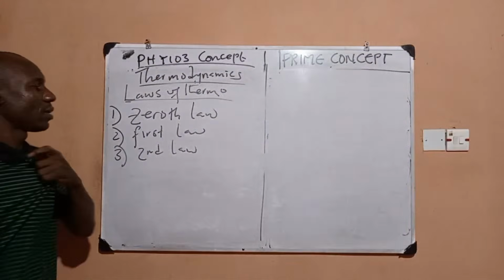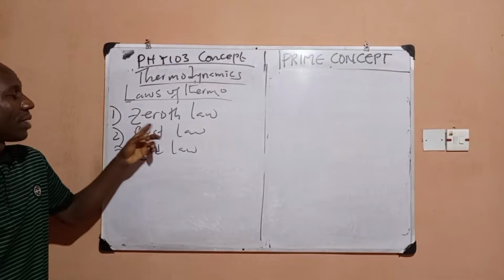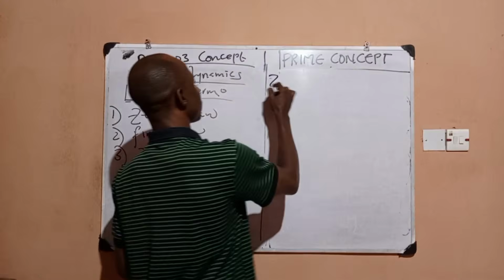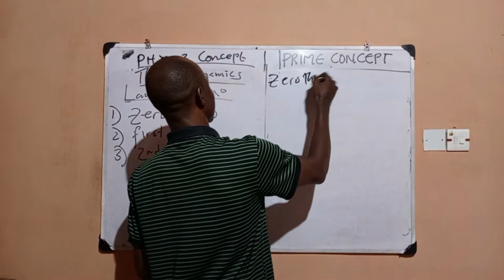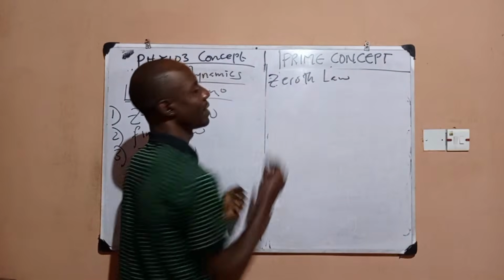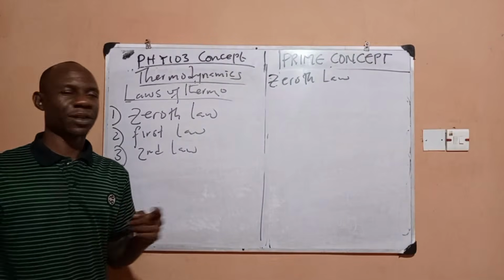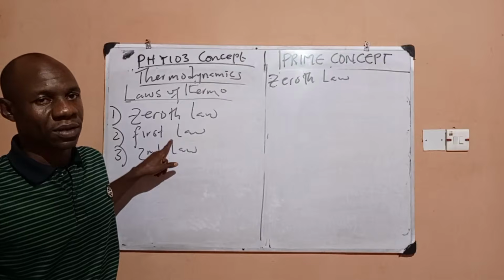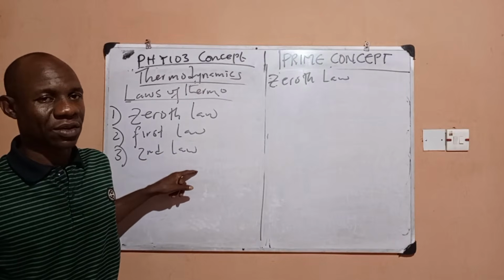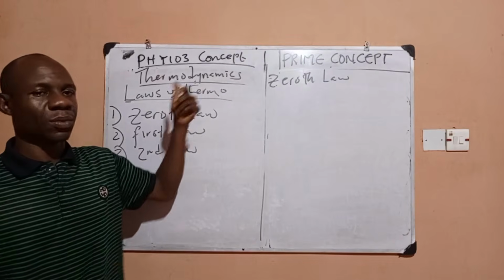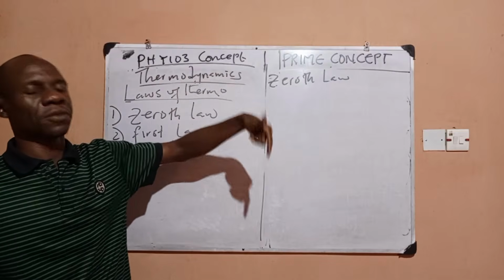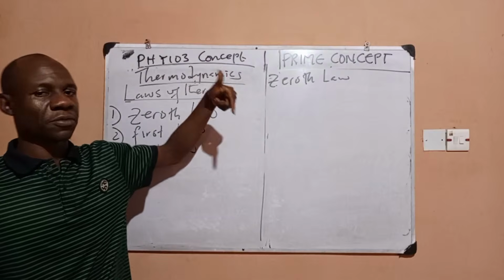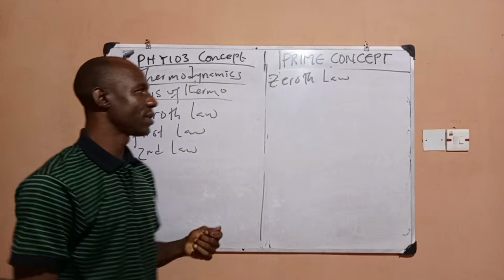So we said we're looking at the laws of thermodynamics. We have zeroth law, first law, second law. So let's quickly explain zeroth law. Why do they call it zeroth law? It's just because before the law was discovered, there was already first law, and there was probably second law. But the law is supposed to be known before you talk about first law. So they decided to call it zeroth law, zero before first, right? That is why they call it zeroth law.